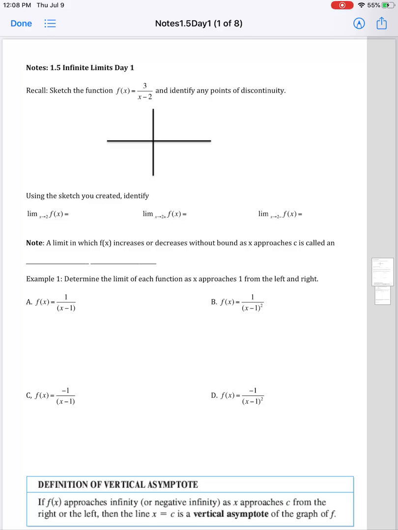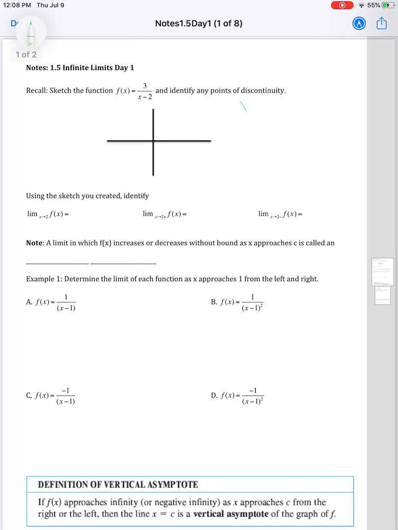So lesson 1.5 is going to now talk about infinite limits. We're going to cover this over a 2-lesson span. So we're going to just review rational functions because that's predominantly where these come into play in terms of one-sided or infinite limits. But we're going to sketch the function 3 over x minus 2 and identify any points of